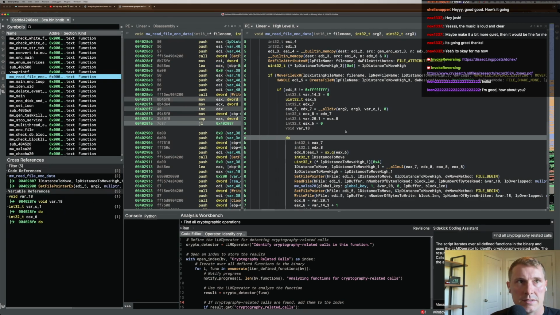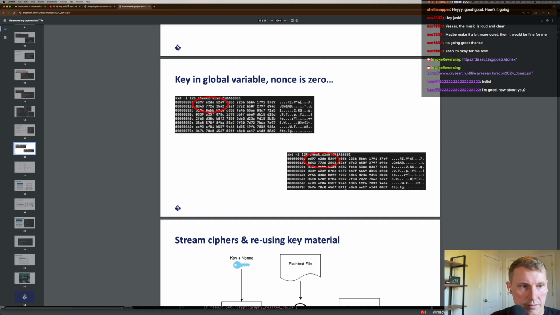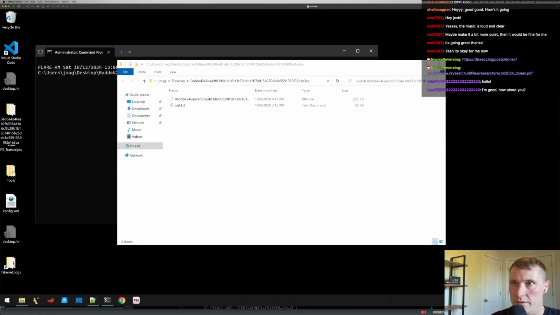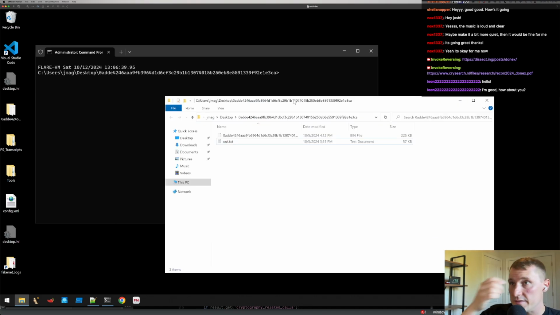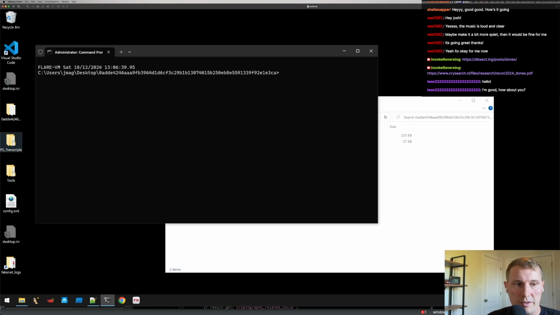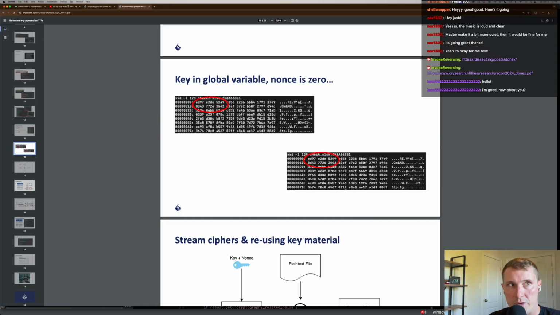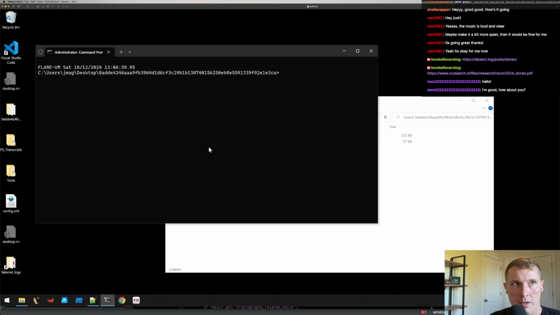let's look at that. So if we go back to our main VM here, then we should be able to run this ransomware against two separate files and then see if they have the exact same ciphertext. And then that will confirm that we indeed have a key reuse vulnerability here. Okay, so